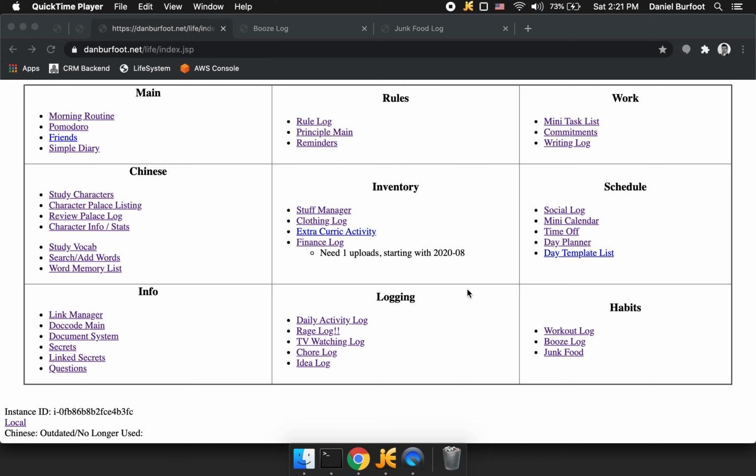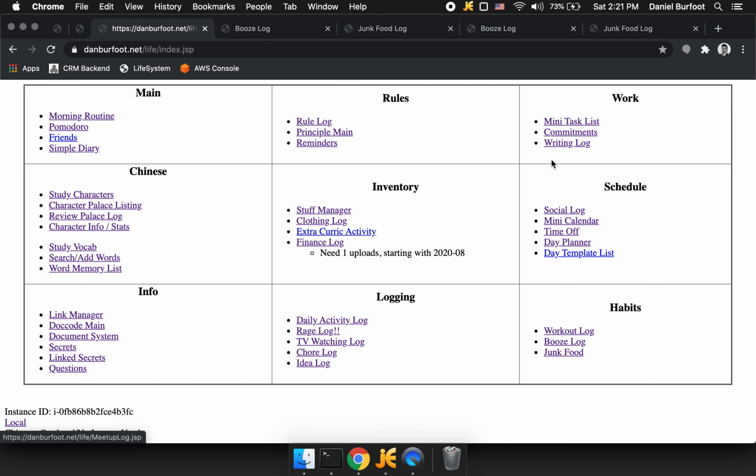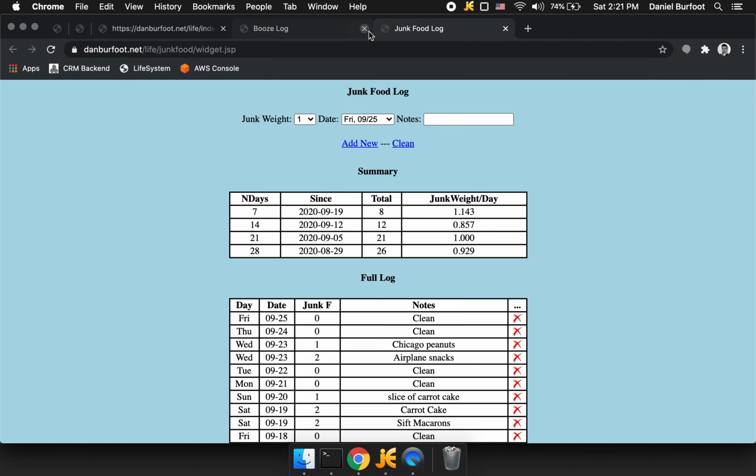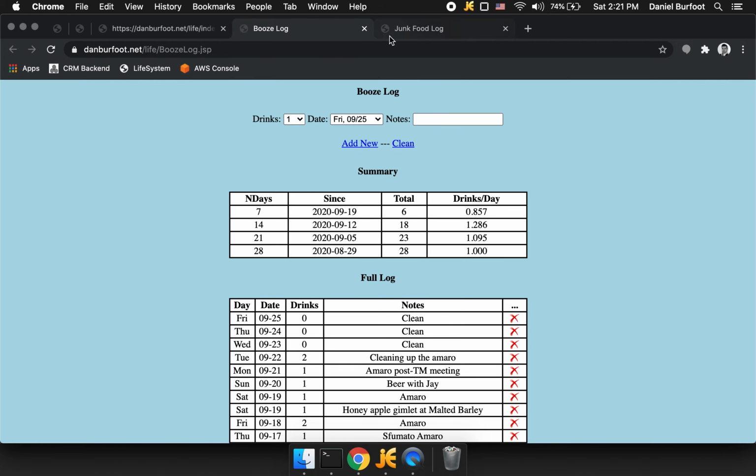Today I'm going to show you two widgets that are basically the same idea, the booze log and the junk food log. These both work in pretty much the same way. They are just allowing me to log how much alcohol I drink and how much junk food I eat, and look at the summary statistics about